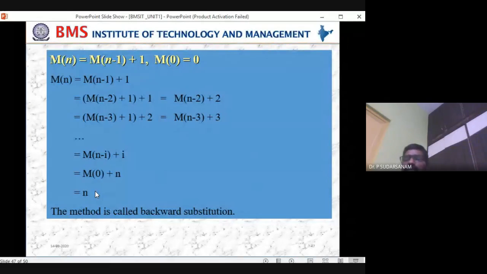This is the way of writing recursive problems. The first step is identifying the input size. Next is basic operations. Third is best, worst, average cases; if they exist, write the comments. The fourth one is you have to write the general equation. And the fifth one is solving the recurrence relations. I hope you can do it now.